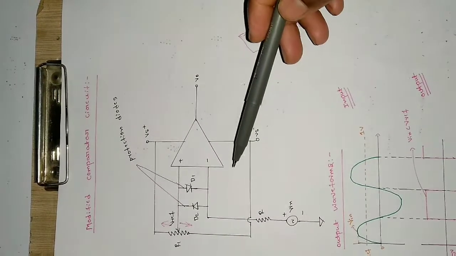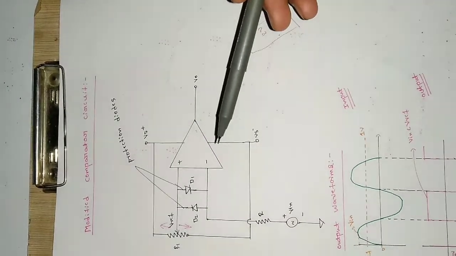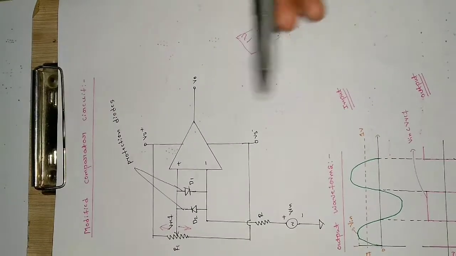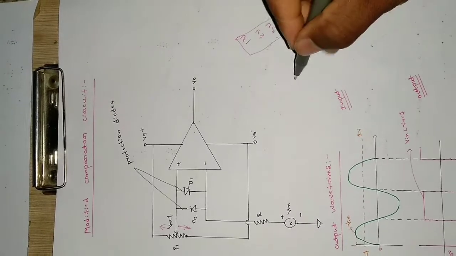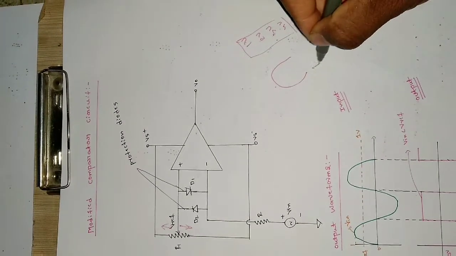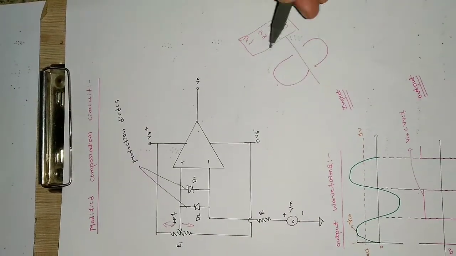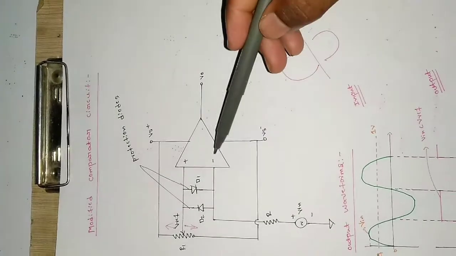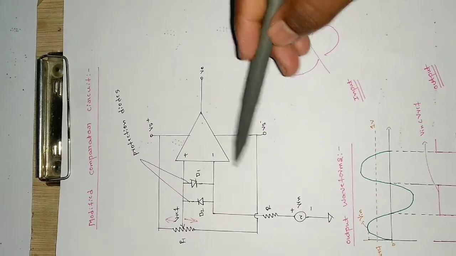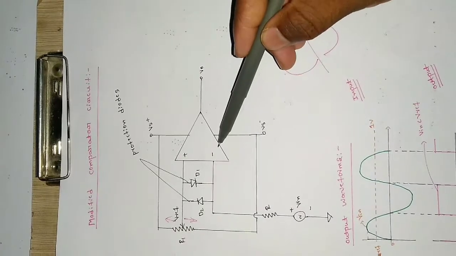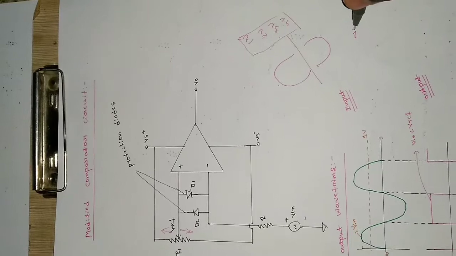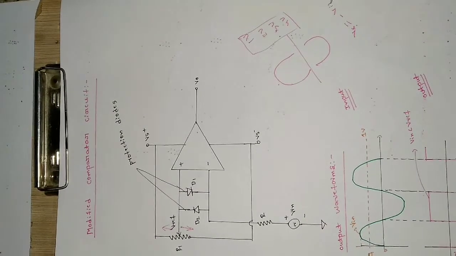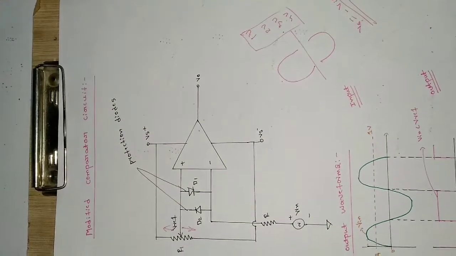So this is just an inverting type of operational amplifier, meaning the output will be in opposite phase with respect to the input. So if the input is like this, the output will be 180 degrees out of phase here. We should keep that in mind, because the input is applied to the inverting terminal here. So V0 will be equal to minus of Vin.